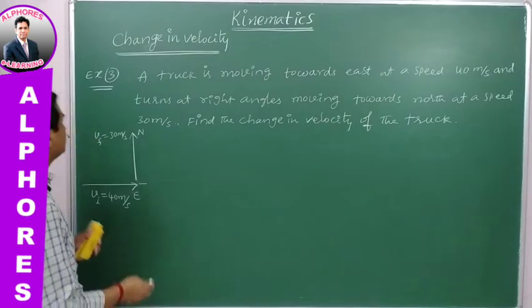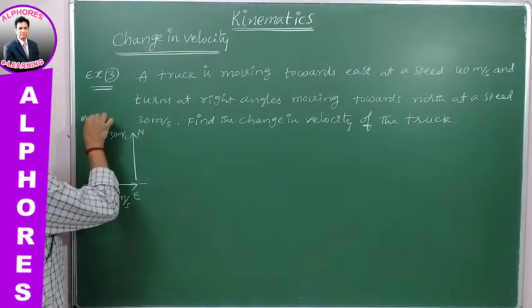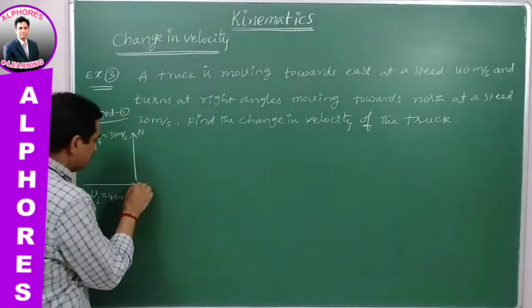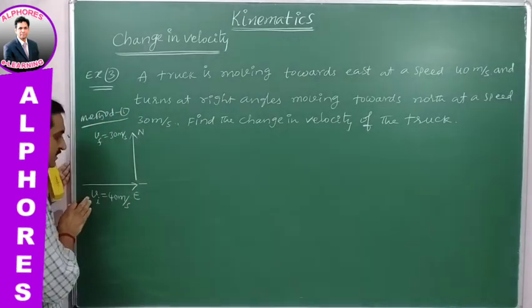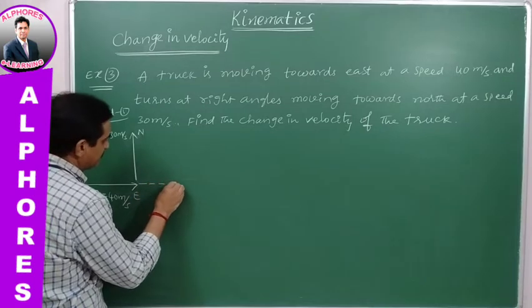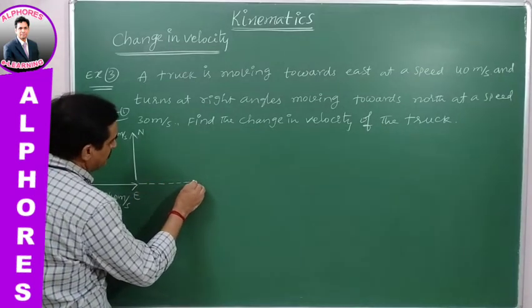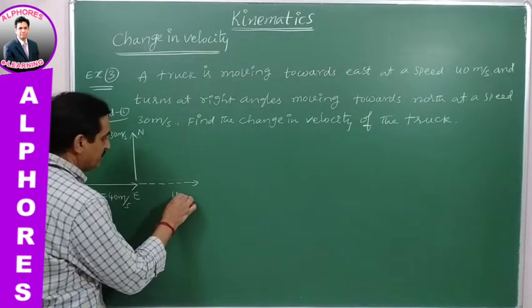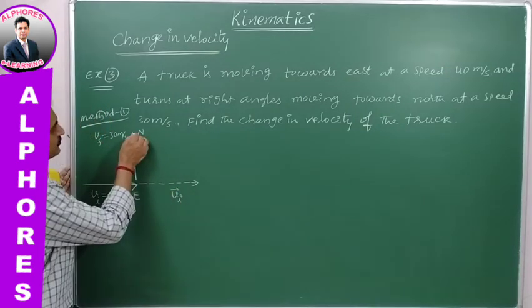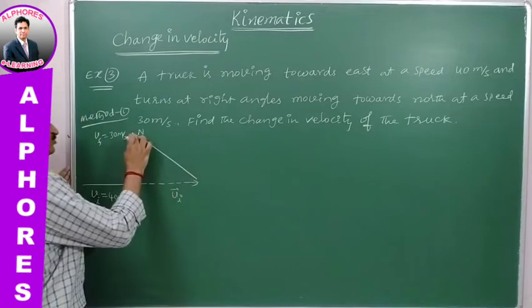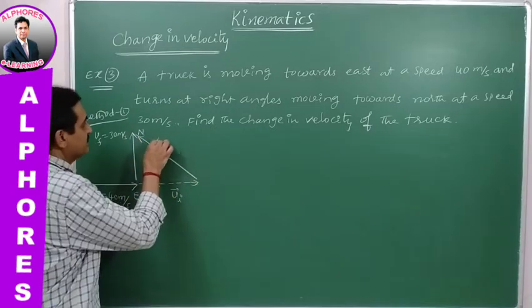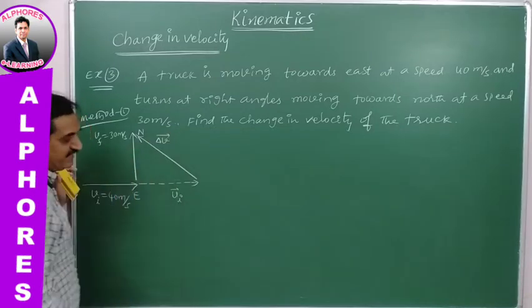So, the basic method, method 1, is a very simple method by which the initial velocity is extended in the same direction. Now this is V initial. So this is joining from initial to final. A direct line segment is considered, which is delta V bar, the change in velocity.